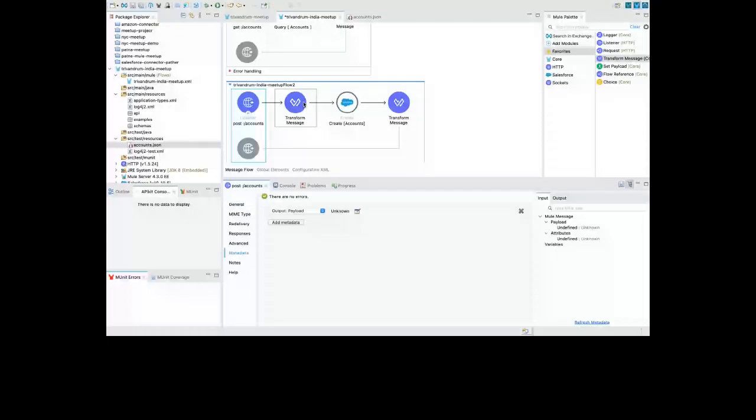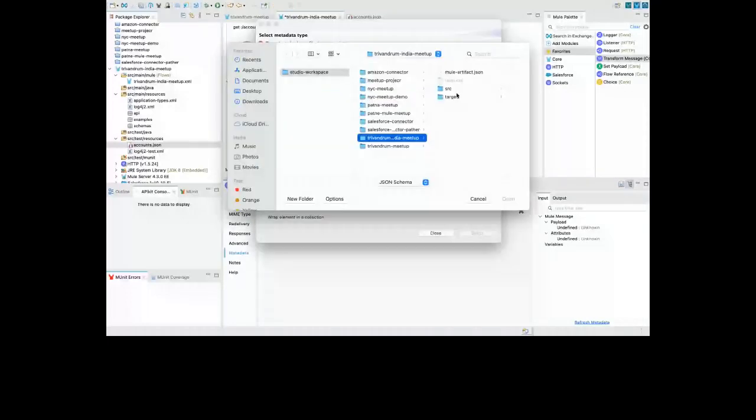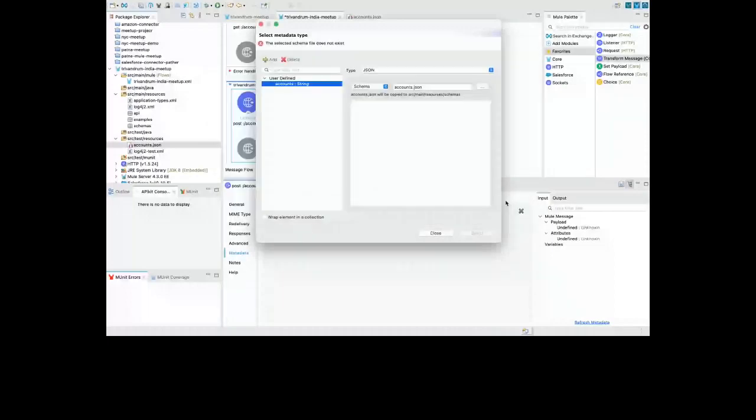We go there and say SRC, test, resources, accounts.json, open it. Sorry, this should be example. So these are parameters, you click on select, and now we have defined user-defined accounts.